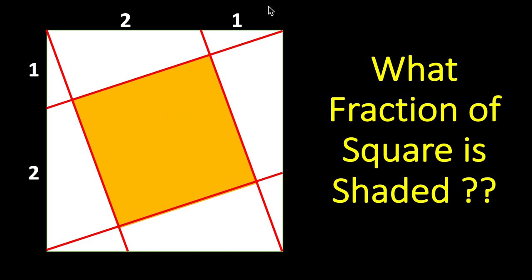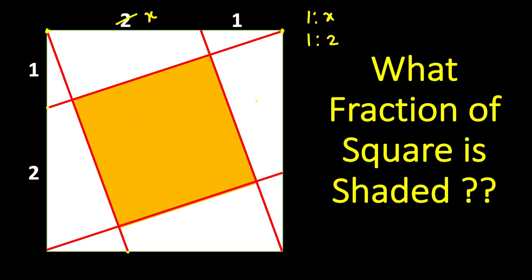And this inner square is formed by joining the vertex of larger square to some point on the opposite side in such a way that it divides the side into two parts, 1:2 ratio. And this is done for all the four vertices and opposite sides. And this can be some generic x as well, so it divides in the ratio of 1:x instead of 1:2. So we have to find what fraction of area is occupied by this smaller square of